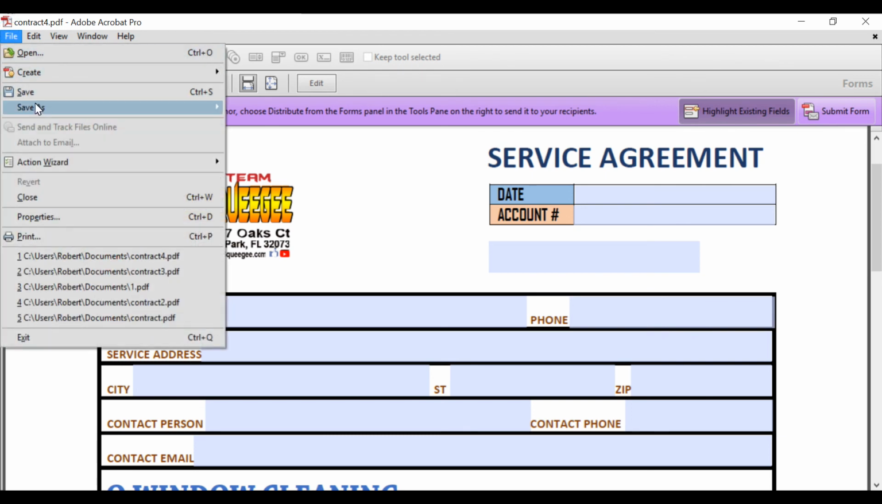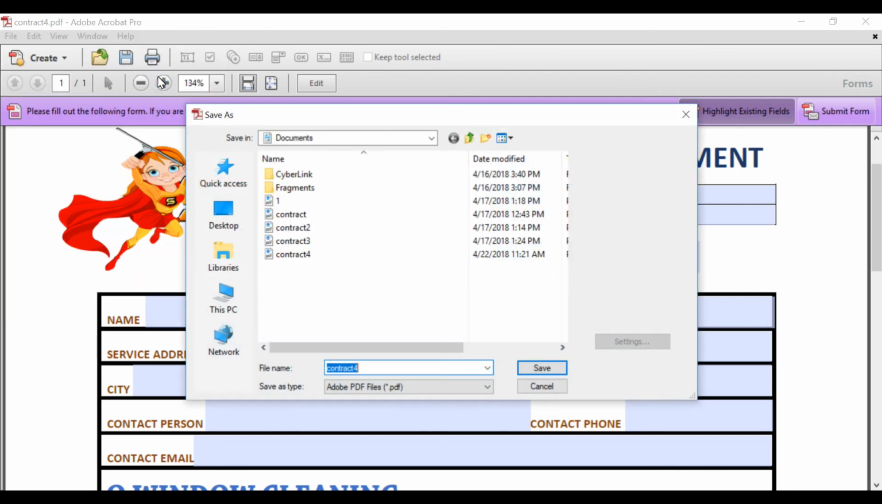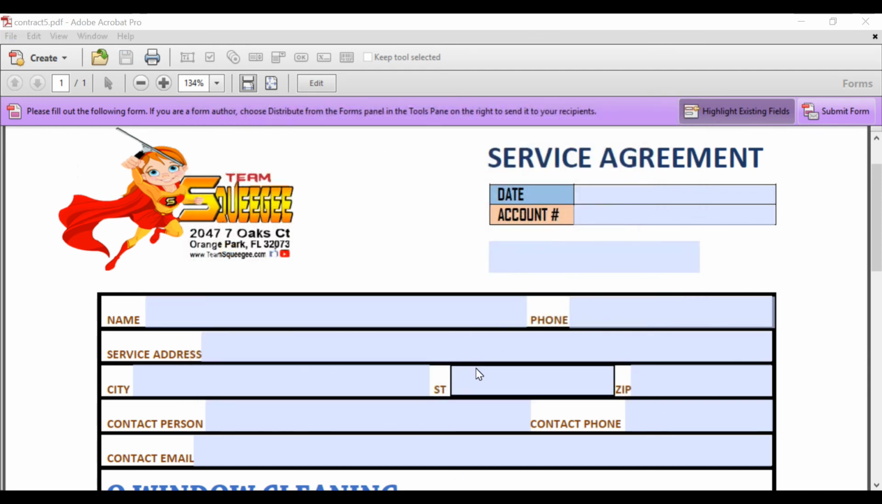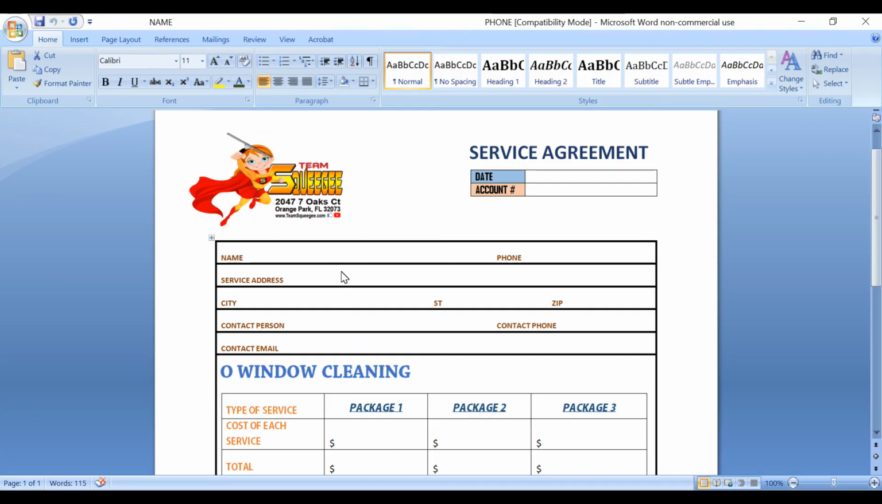So you're going to go to File, Save As, PDF. Then you're going to name it. I'm going to name this one Contract 5. And then I'm going to hit Save. Okay, great. So now you should have a fillable PDF, which we just created, that you can edit. That looks like this in edit mode. You should have a Word document saved onto your computer that you can go in and edit,